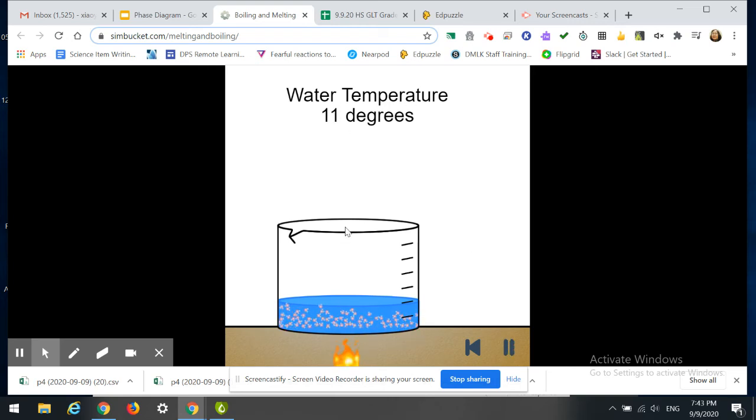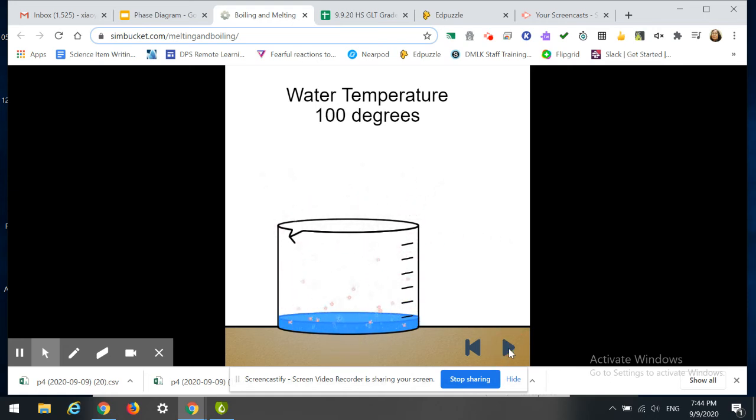As it's heating up, the temperature increases. Molecules are moving faster, but they are still liquid water. The difference is more energy, moving faster, more kinetic energy, and the temperature increases until it's